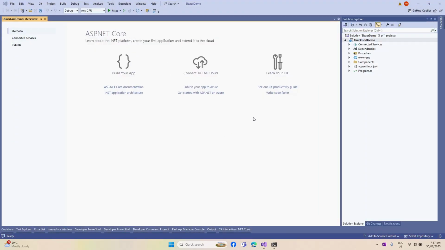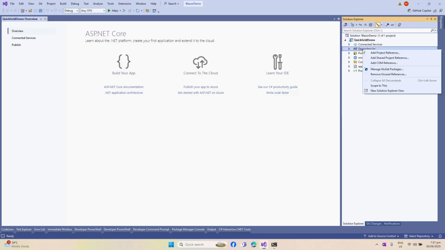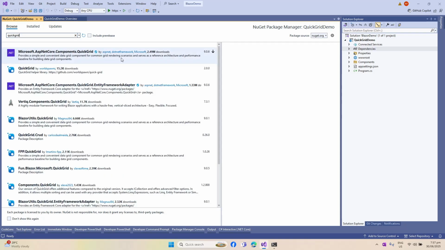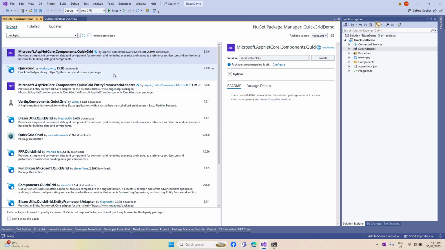Now, to use the QuickGrid component, first we need to install the NuGet package. So let's just right click on our dependencies here and then select Manage NuGet Packages. And then what we are going to look for is the QuickGrid component. So you can just quickly type in QuickGrid, hit enter, and then the first one you see here should be named